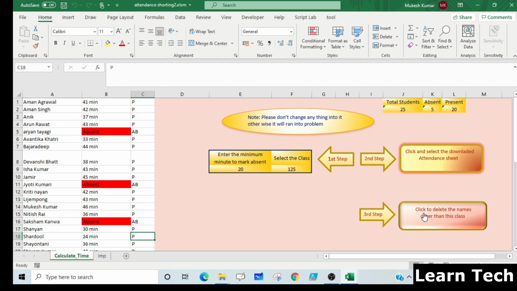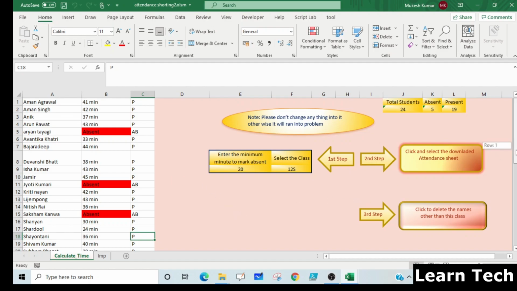When you are using this Excel, at the end just click on it, and any students, guests, or people who have joined and are not part of this class will be removed from this list.